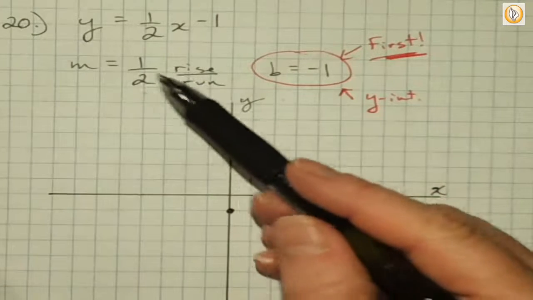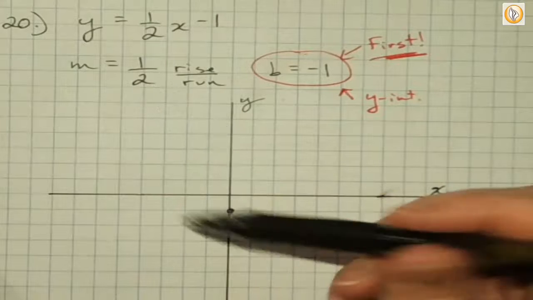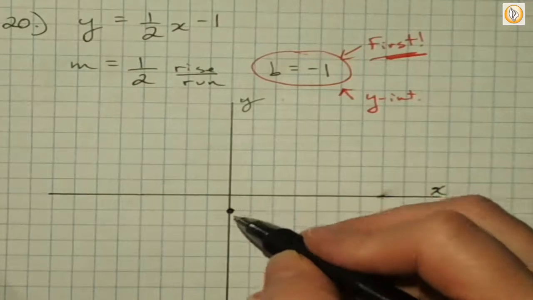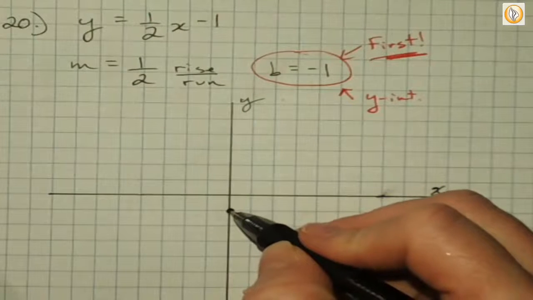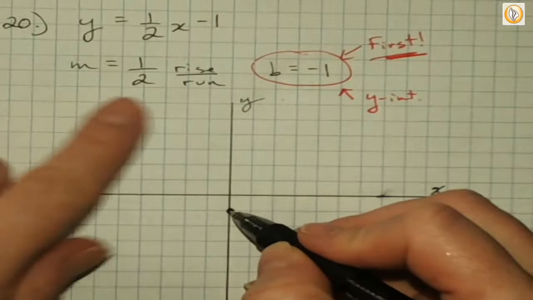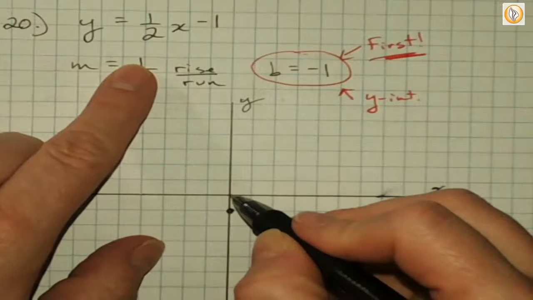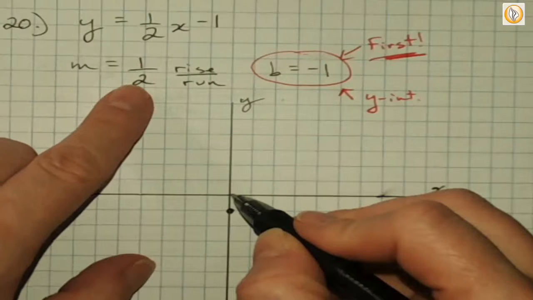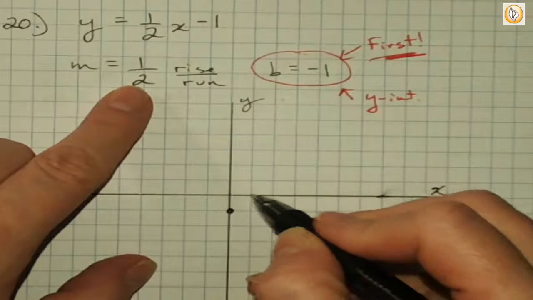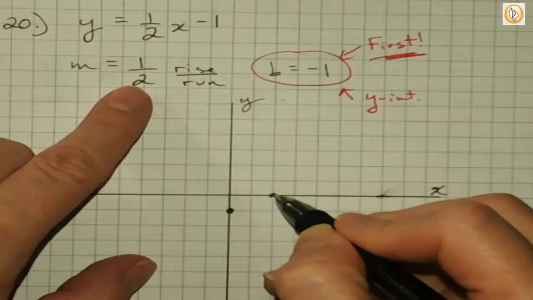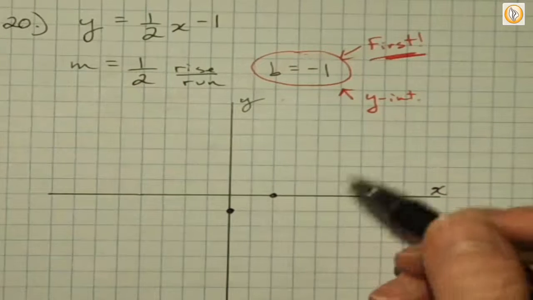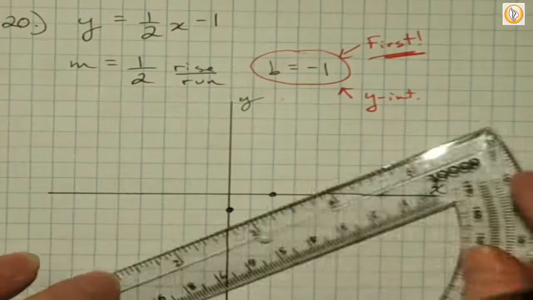Okay, so then we're going to do our slope. I want all of y'all to watch. You start at the y-intercept. My rise is 1, so I'm going to go up 1. My run is 2. 1, 2. And it's positive, so you go to the right. And it's positive, and you go up. Okay. And then